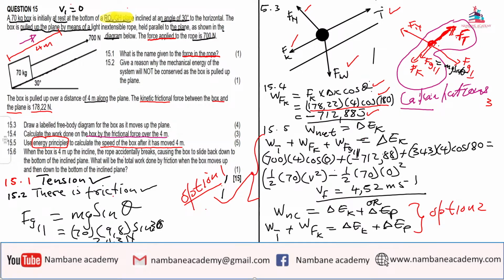Now, ladies and gentlemen, that 15.6, we will do it some other time. It's just 1 mark. That's not a problem at all. We will look into it. The key thing now is it's 1955. So I want you to give me a reflection of today's lesson in a quick 30 seconds to 1 minute.